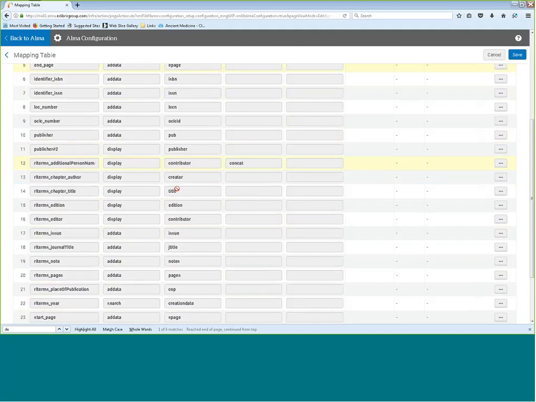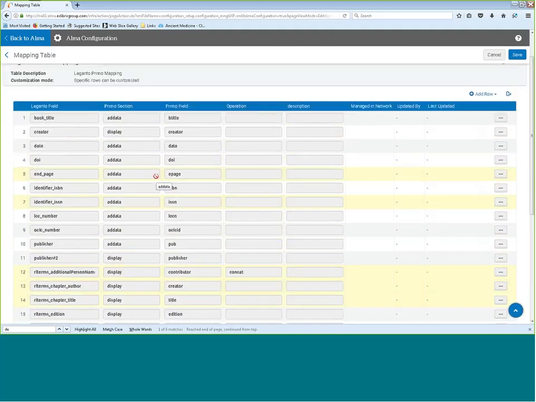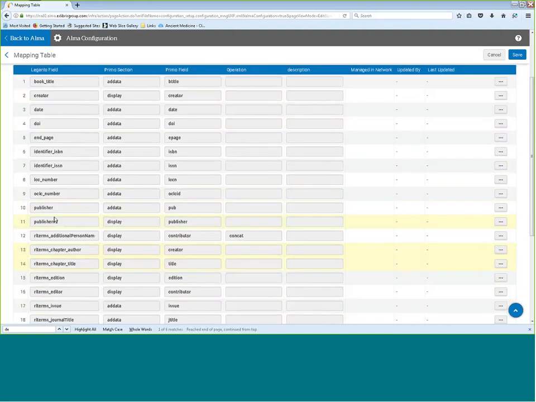Parameter, etc., etc. And what you see here can basically be manipulated. You can add more rows and you can customize. So, for example, the book title will be taken from the display and not the add data Primo section. So this is straightforward. However, we have two more functionalities available here, and you can see it in the publisher